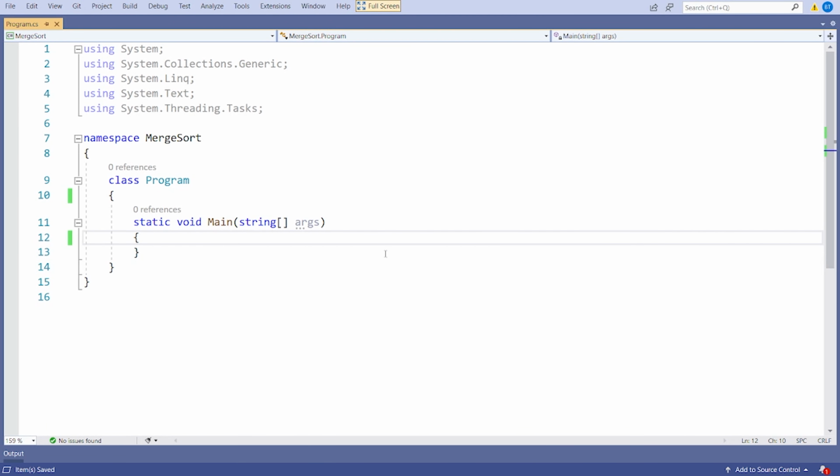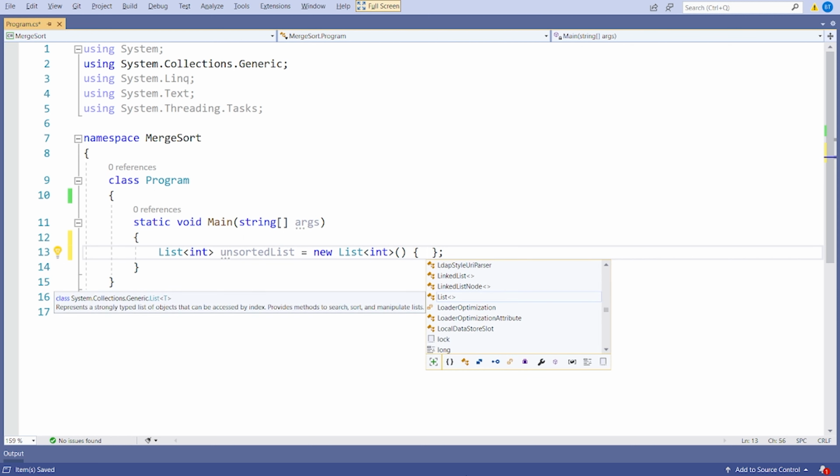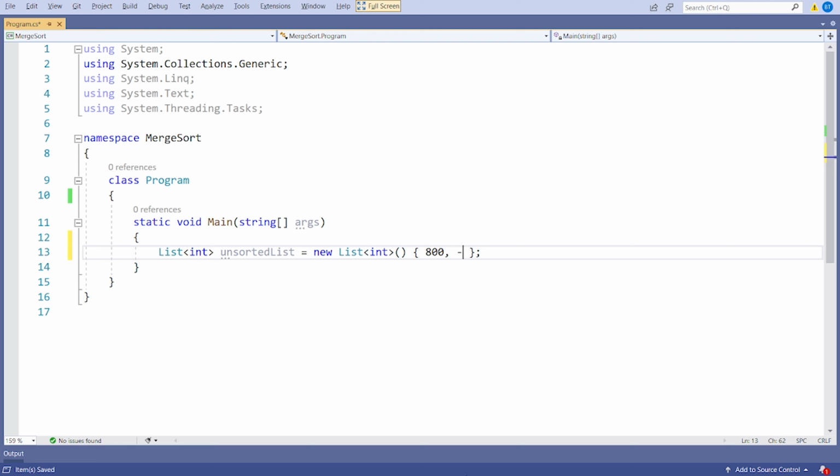I have created a simple, empty Visual Studio project for this demonstration. So let's check how to implement merge sort in C#. First we need to have an unsorted list as a collection. So let's say unsorted list, and we will sort those numbers which go inside here. Let's just randomly put in some numbers like 800, minus 900, 5, 43,